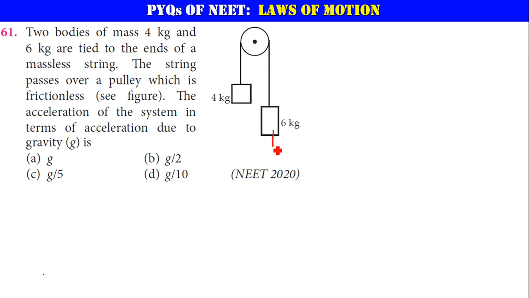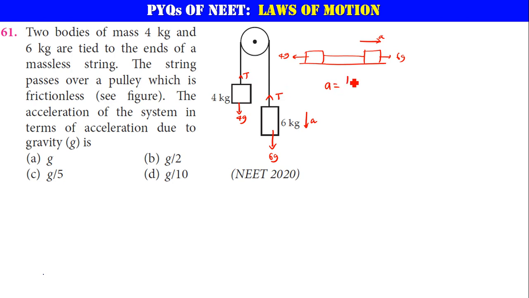Basically here there will be 6g downwards, and tension T is always away from the body, and here 4g downwards, with tension T away from the body along the string. Now since tensions are internal forces, you can just take both of them, 4g and 6g, on the table. 6g is acting like this and 4g is acting in this direction. See here, this 6 kg is more, so the acceleration will be along the 6g direction.